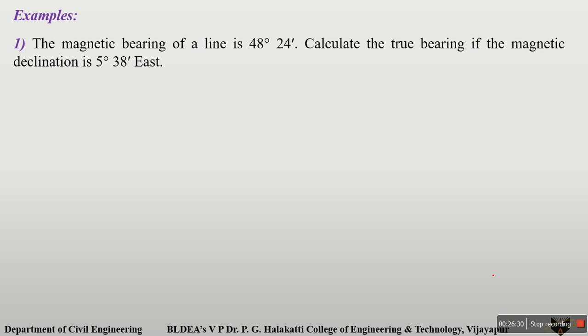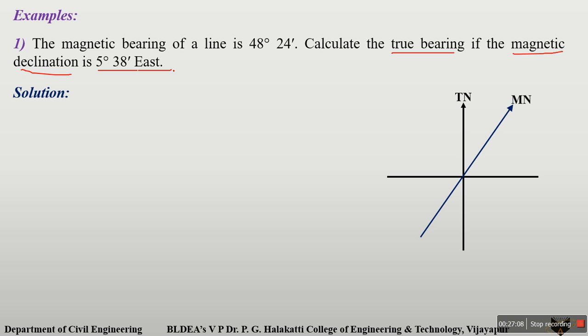Okay, they are given the magnetic bearing of a line, that is 48 degree 24 minutes. On either side of this bearing, no directions are mentioned, so directly you have to come to know that the given bearing is in the whole circle bearing system. Then they ask you to calculate the true bearing if the magnetic declination is 5 degree 38 minutes towards the east. So for the solution of this one,